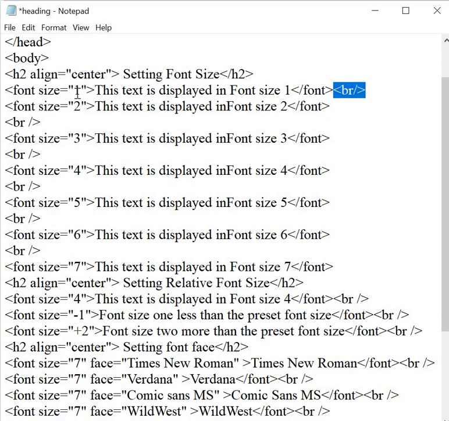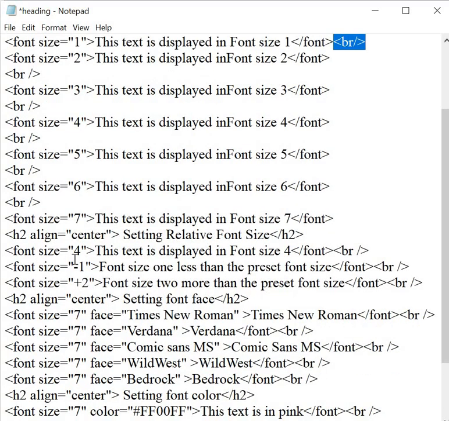So this is with the font size 1, 2, 3, 4, 5, 6, 7, and again I have set a relative font size. I've given here the size of 4 minus 1, 2, and then along with the font size,